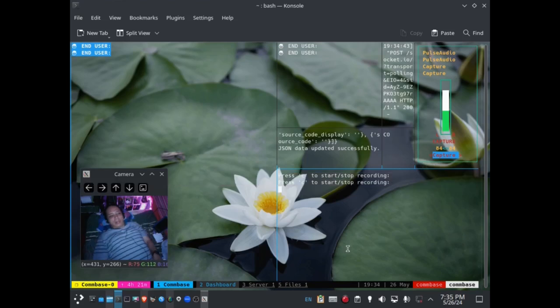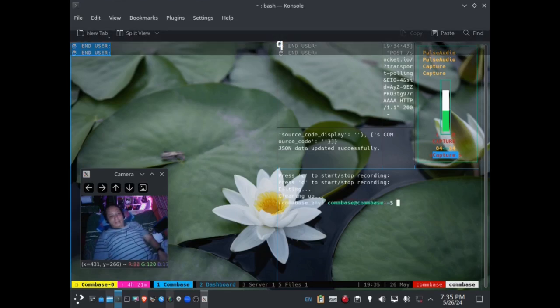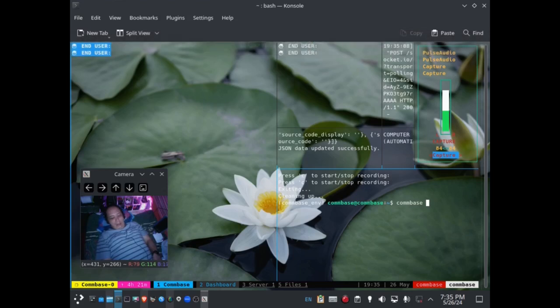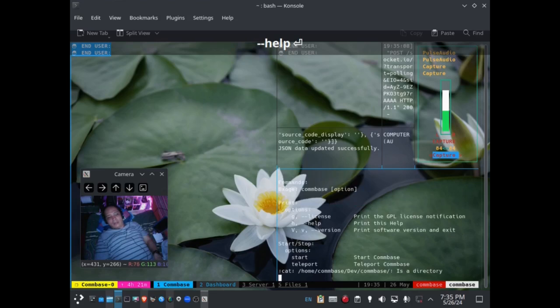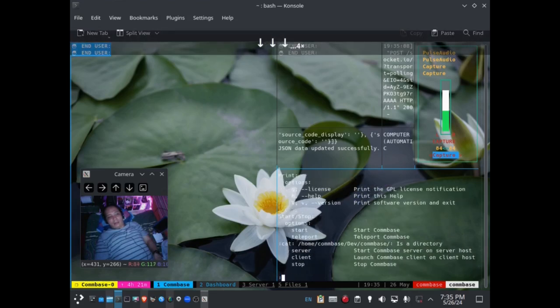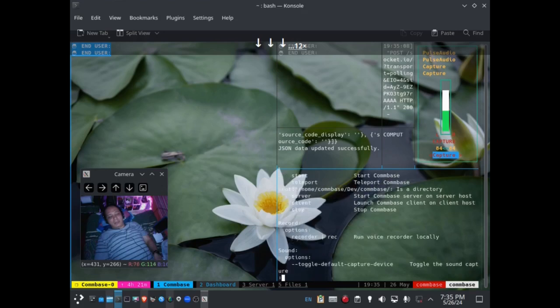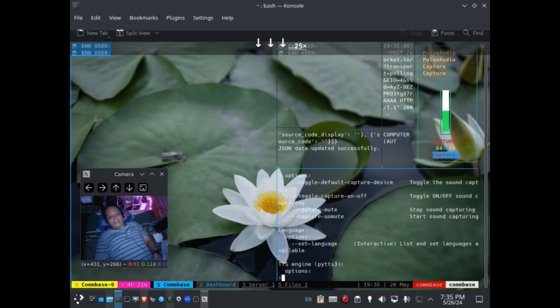Okay, talking about the options we have, I can quit again and then show this command. It is Combase help, right? So I press enter, and we can notice that Combase has plenty of options.